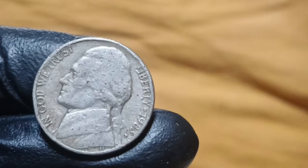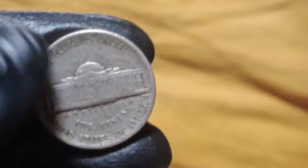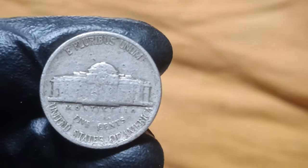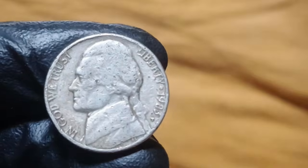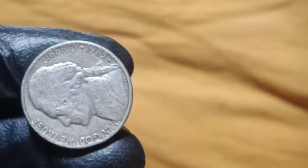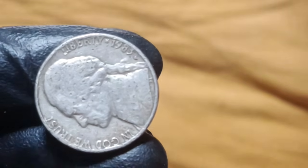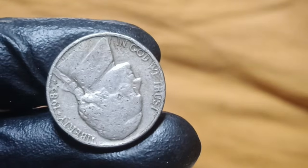The story of the 1983 Jefferson nickel worth $355 million begins, like all great mint error stories, with a failure somewhere in the production process, a die that became damaged, a planchet that ended up in the wrong press, a quality control system that failed at precisely the wrong moment, or some combination of factors that resulted in coins being struck that should never have existed and certainly should never have escaped into circulation, but somehow did, becoming the ultimate treasure hunt prize for collectors who understand that the most valuable coins are often those that were created entirely